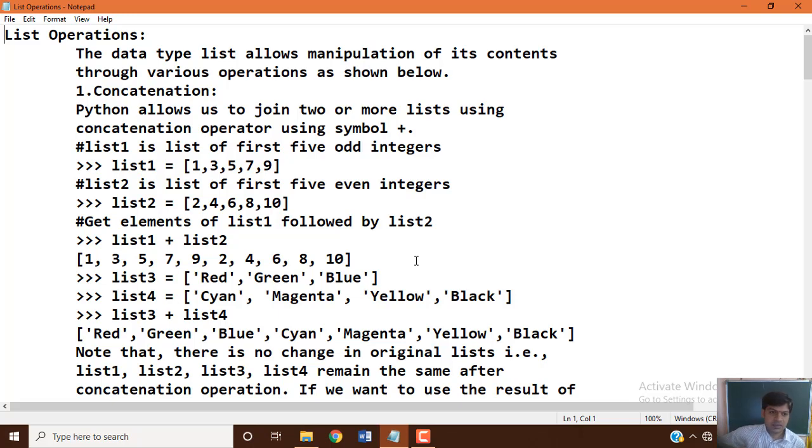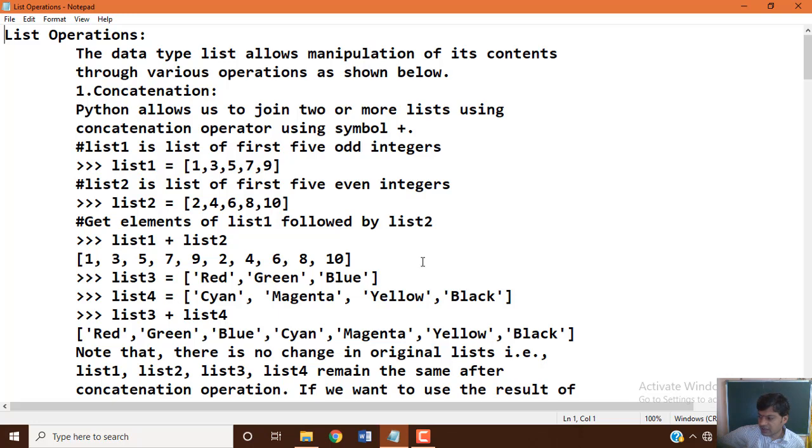Now the first one. The data type list allows manipulation of its contents through various operations as shown below. First one is concatenation, the way how we can make use of it.